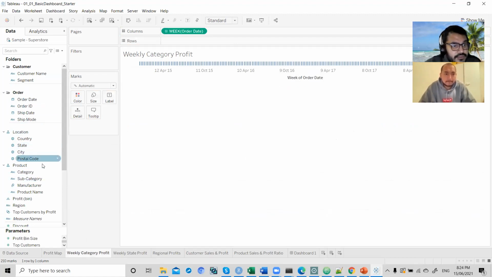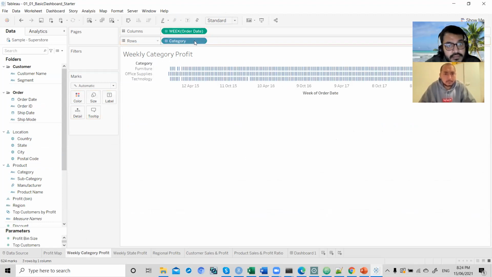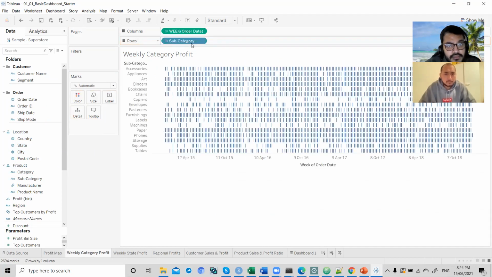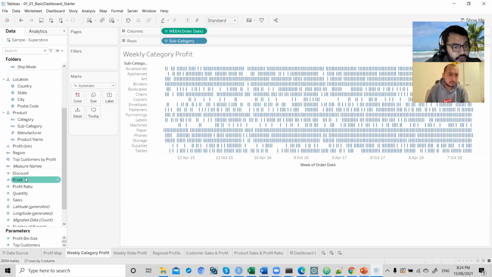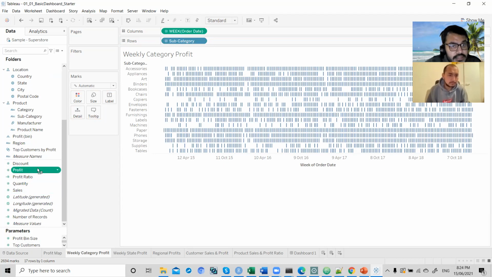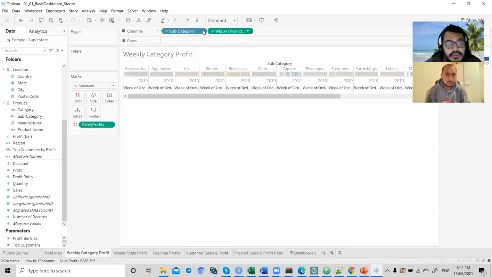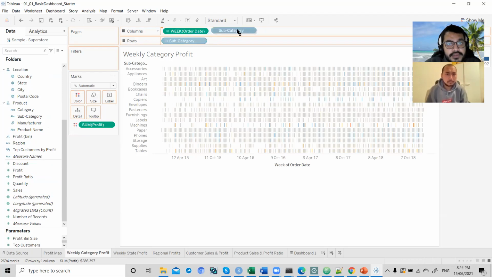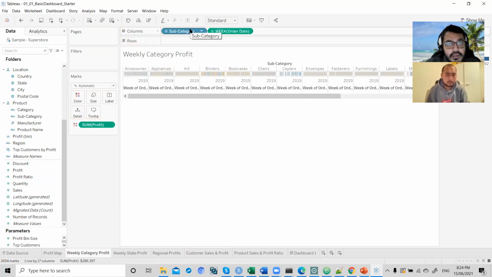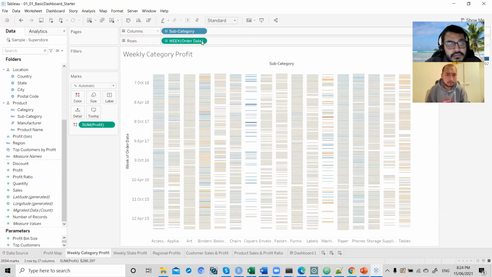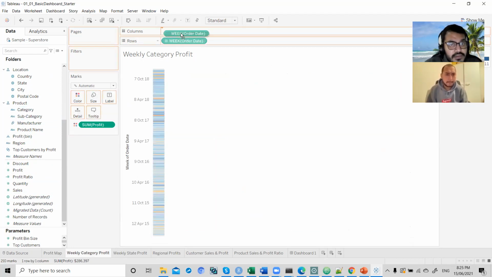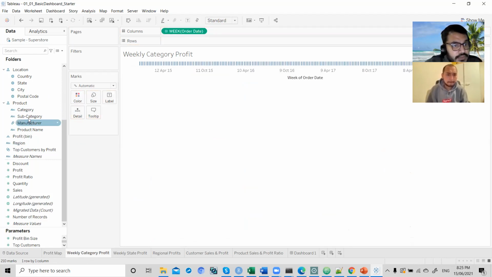Now if we drag and drop category information here, let's add subcategory. Let's add a chunk of information. So now we have added weekly subcategory, and let's add profit. Let's add profit in color. Right now this is not showing much value. Let's inverse. Let's add here. So this is not giving much information to us, right? Let's add quickly here. Remove this and